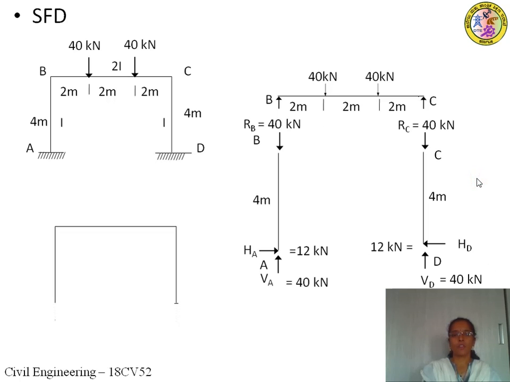So to draw the shear force diagram, draw the base structure without loading and without the supports. Okay. So let us draw the shear force diagram for the horizontal member first. Shear force to the left of B is 0, right of B we have a reaction of plus 40. So mark it above the baseline for 40 kilonewton.